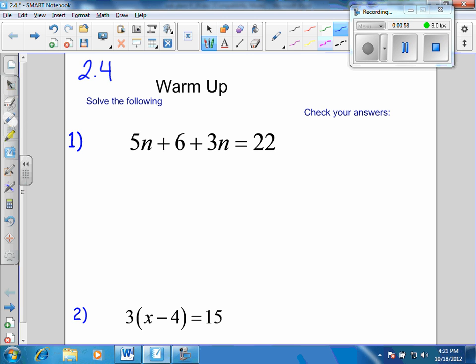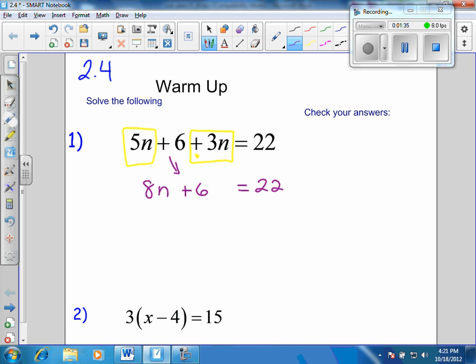But before we do that, we're going to combine like terms. So as you may remember, I like to use color and identify the like terms with the operation in front of each term. So when I look at this problem on the left-hand side, I see 5n plus 3n, so I write that as 8n, and then I bring down the plus 6. Now, the new part is we're going to bring down the equals, set it equal to 22,